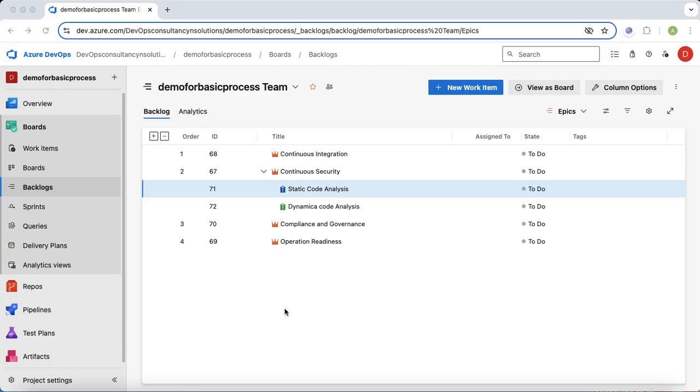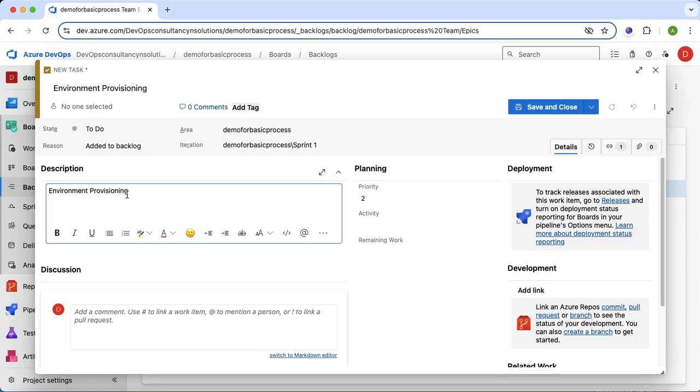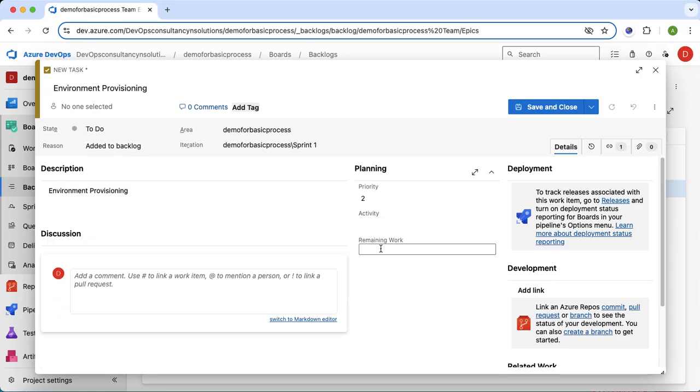So let's add a couple of tasks in these issues. In the static code analysis, if I click here, I can add the task next to the issue. Here I can add the task, which is the environment provisioning. Again, in the description, I just give the same. In the remaining work, I will add the environment provisioning, let's say